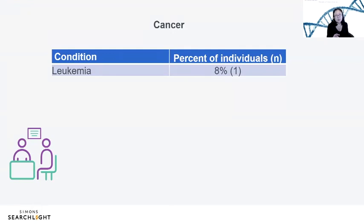The other part about this is this particular gene, the way it works is by lining up the chromosomes. The chromosomes are the sticks that contain the genetic information, and this gene works to line up the chromosomes and that makes sure when the chromosomes divide, they do so correctly. Now, one of the things that happens with cancer in some cases is there can be disruption of the way those chromosomes divide. And so one thing I've been worried about is because of the fundamental way that the CHAMP1 gene works, could it disrupt these chromosome alignments and separation in a way that might predispose them to leukemia or